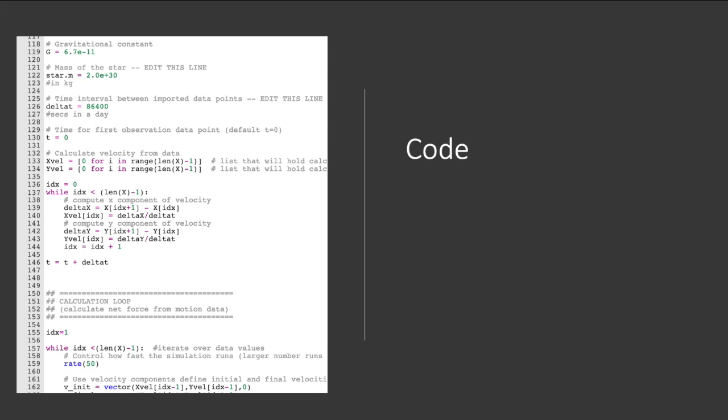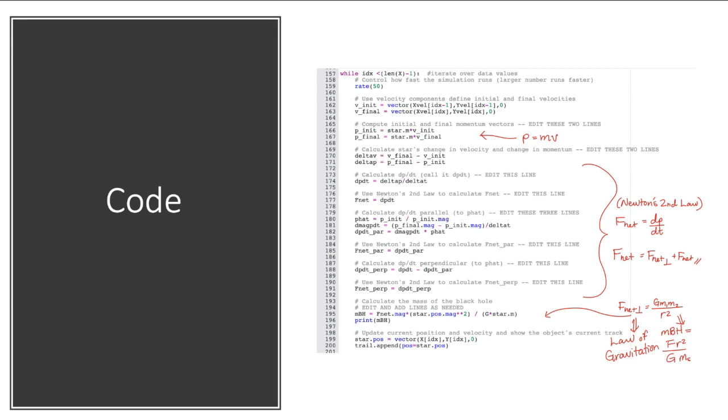Now here's the code for my simulation in GlowScript. First, I changed the mass of the star to be what the assignment called for, and then next I changed my delta t to be the number of seconds in a day. I then defined P initial and P final using the momentum principle on lines 166 and 167. I defined delta P and delta V next, and then changed the net force to be dP dt because of